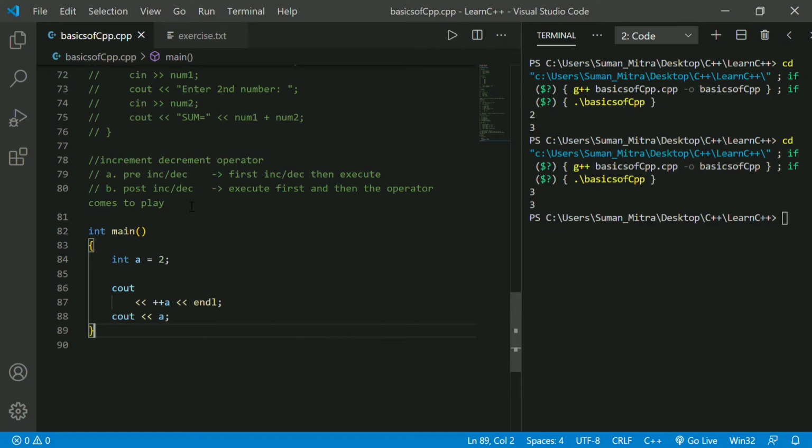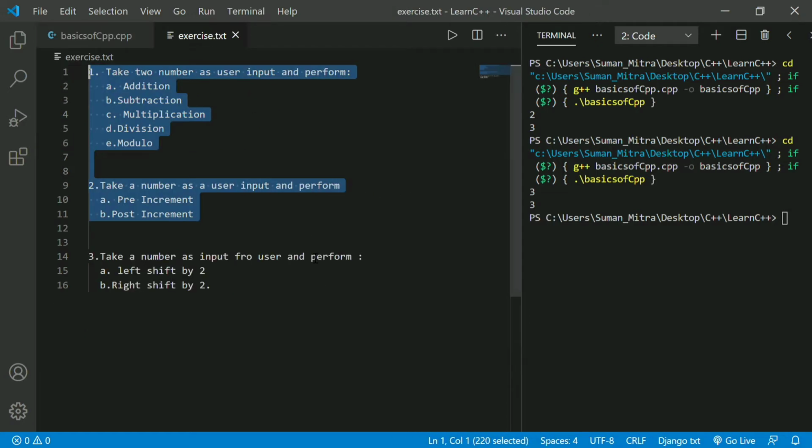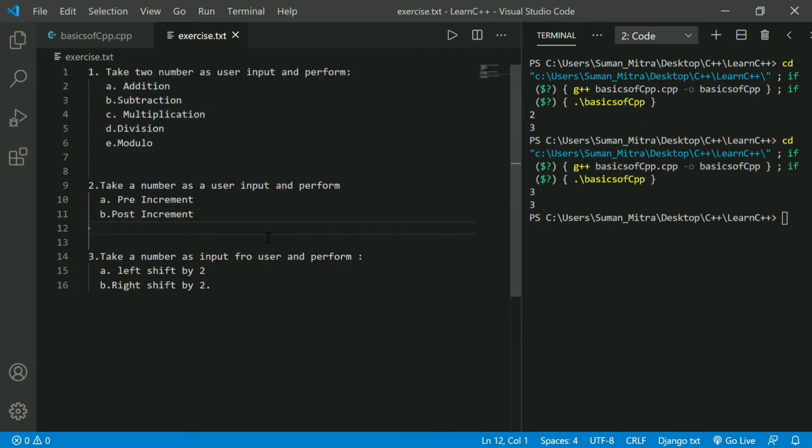Last lecture we learned about increment and decrement operators. I hope you got the basic concept of how to do increment and decrement operators. We have done an example too, and I had an exercise for you to complete. I hope you completed it in the last lecture. If you haven't, please do it so you get a better idea and you understand the main concept of operators. And if you face any problem, you can just comment and I will try to solve it.